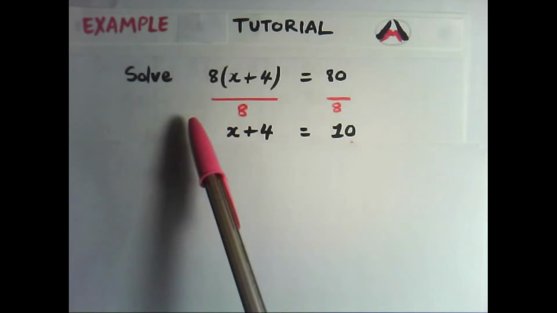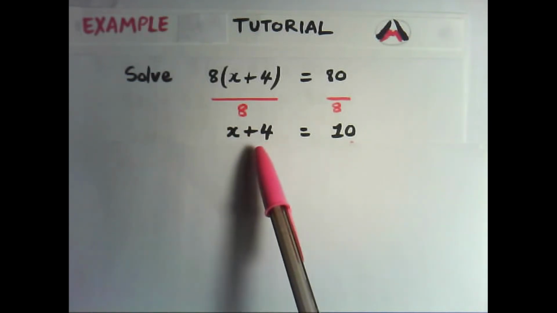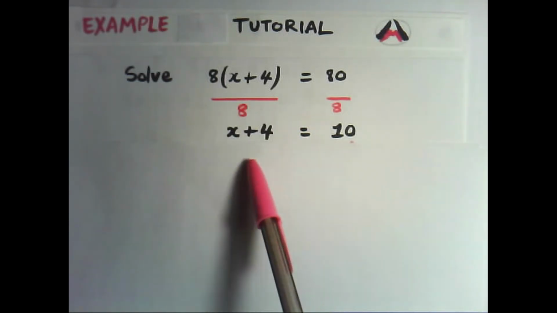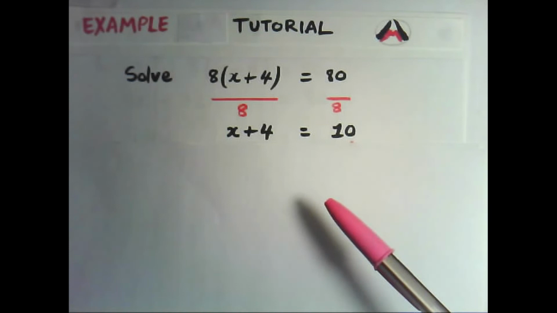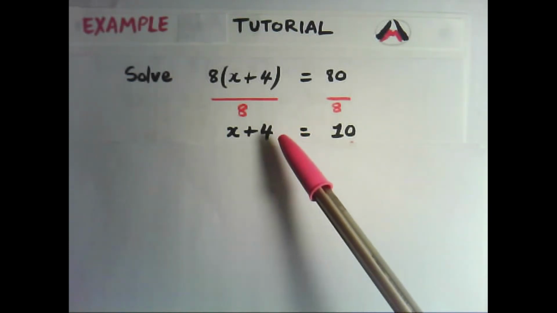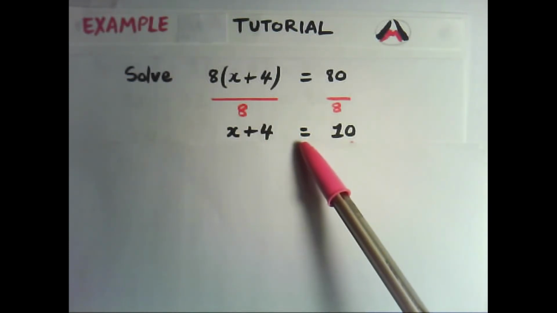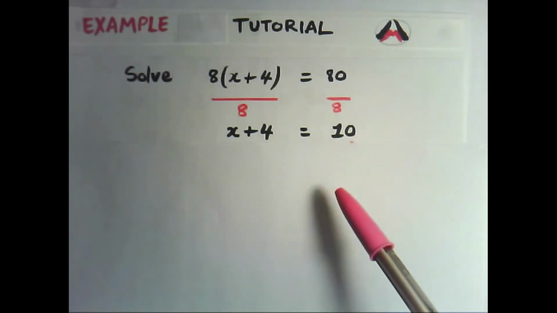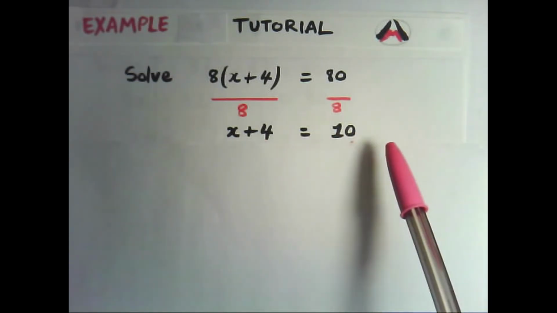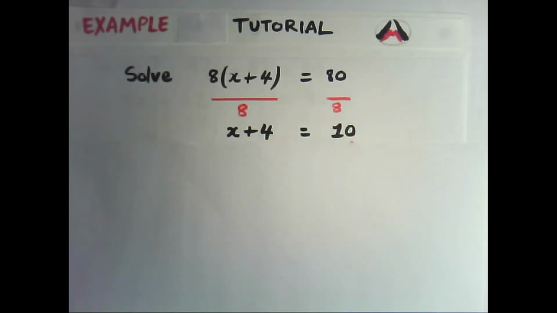And we want to get x by itself, so we want to think about eliminating this positive 4. Well, the opposite of adding 4 is subtracting 4. So if we were to subtract 4 from the left-hand side of the equal sign, we also need to do the same on the right-hand side because we want to maintain balance in the equation. So if we do that,